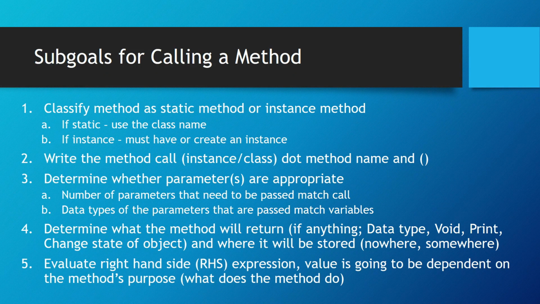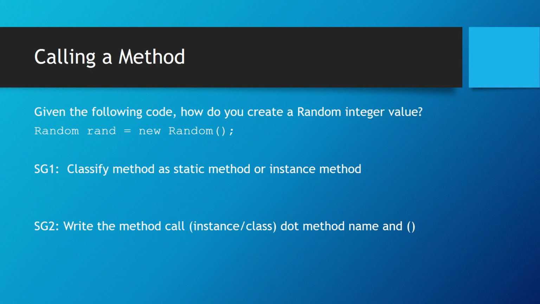And finally, for the fifth subgoal, we need to evaluate the right-hand side expression. The value is going to be dependent on the method's purpose. What does the method do? We want to create a random integer value. We are given the code Random rand = new Random(). This code creates a new instance of the Random class and assigns the reference to that new instance to the